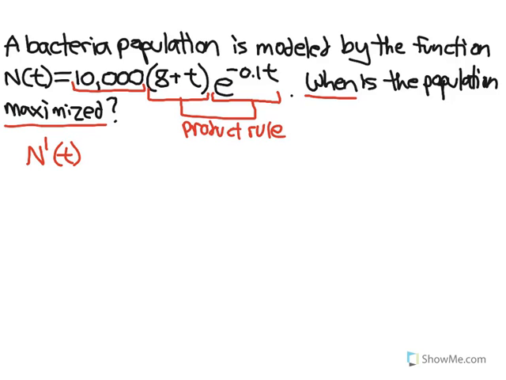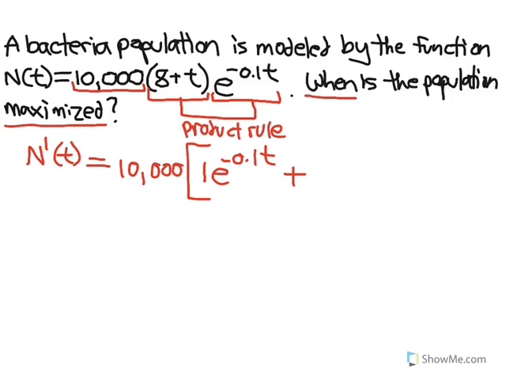Okay? So I'm going to say n prime of t equals, I'm going to put the 10,000 at the very front, and then we'll do the product rule inside a big bracket. So the product rule says the derivative of the first times the second. My first term is 8 plus t. The derivative of that is just 1 times the second. So we just rewrite the second term, which is e to the negative 0.1 t,